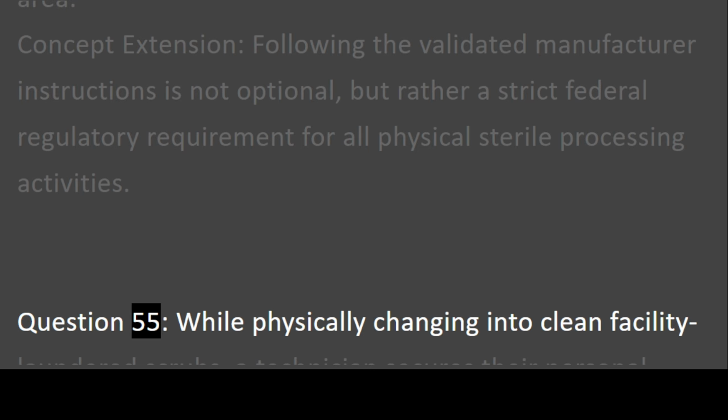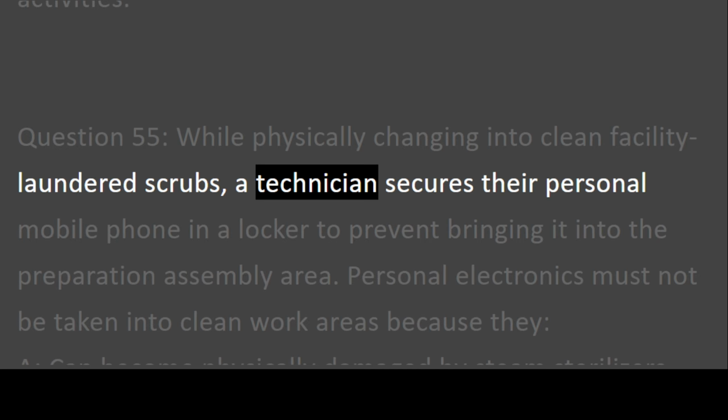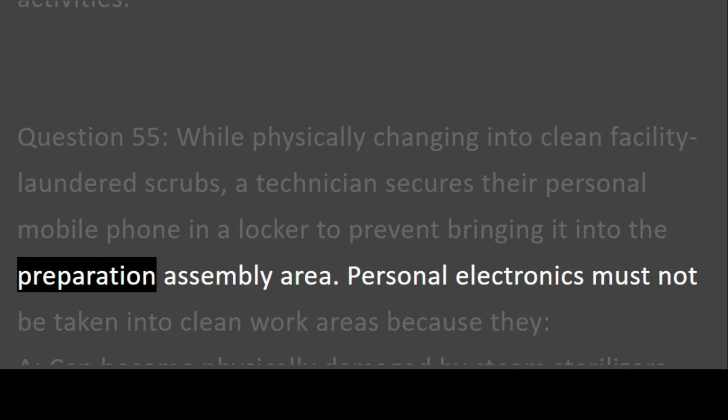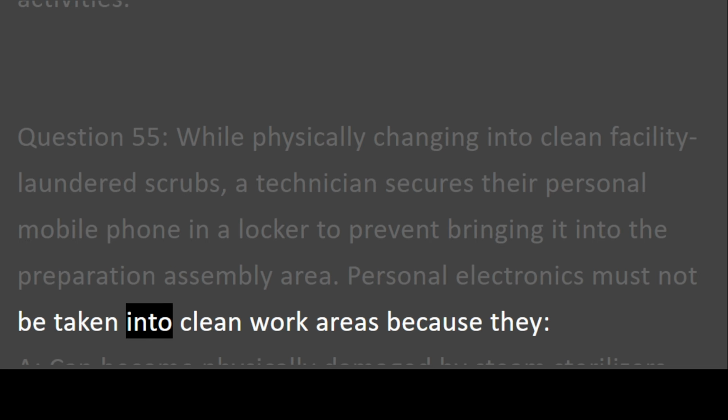Question 55. While physically changing into clean facility laundered scrubs, a technician secures their personal mobile phone in a locker to prevent bringing it into the preparation assembly area. Personal electronics must not be taken into clean work areas because they